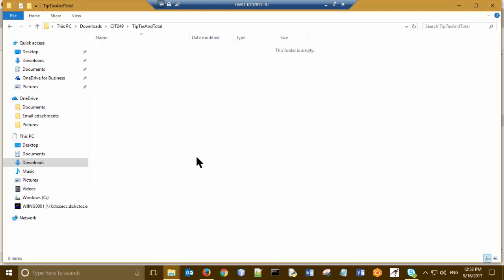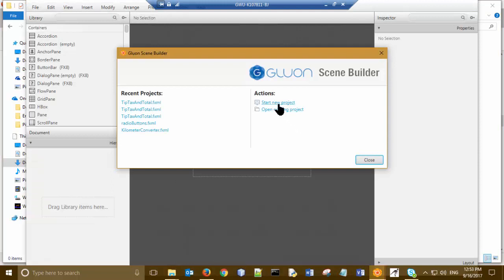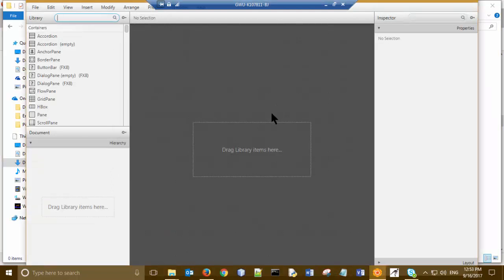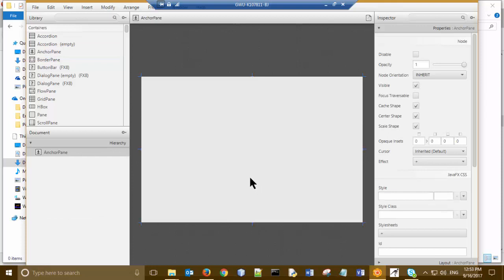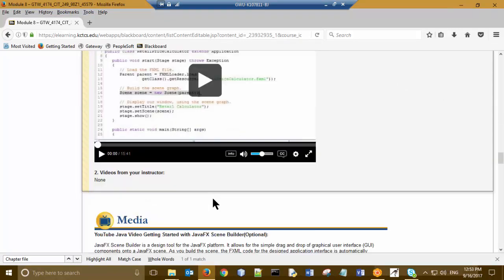We can create a Java file from Notepad++, and we can create the GUI interface from Scene Builder. So in other words, we need to open Scene Builder and start a new project. The first thing we need to do is create an anchor pane. You remember that, right? And in this anchor pane, based on the question, which is here,